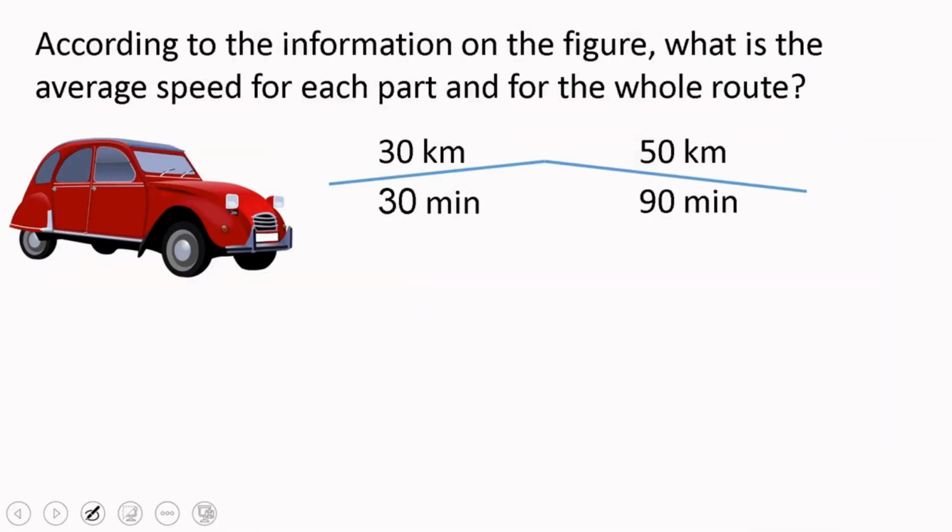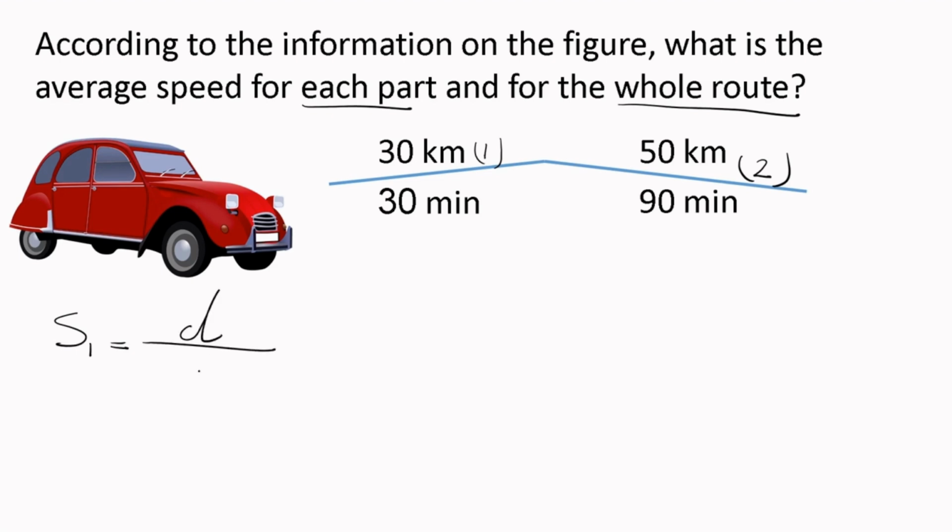Here we have another example. A car is passing a route which contains 2 parts. It wants average speed for each part and for the whole route. This is the first part and this is the second part. For the first part, I'm going to write the formula D over T. Do I have D for the first part? Yes, as you can see, it is 30. Do I have T? Yes,